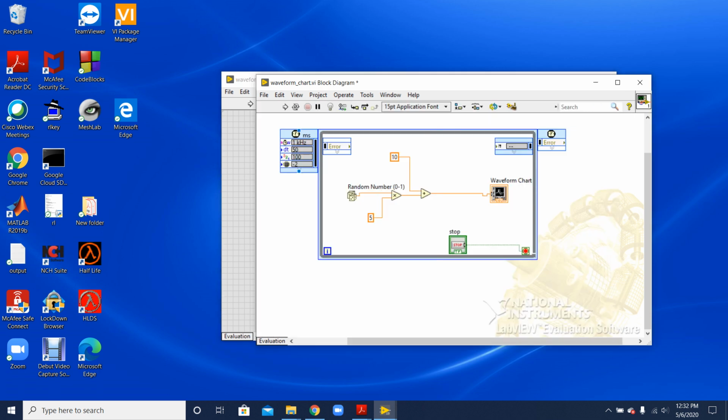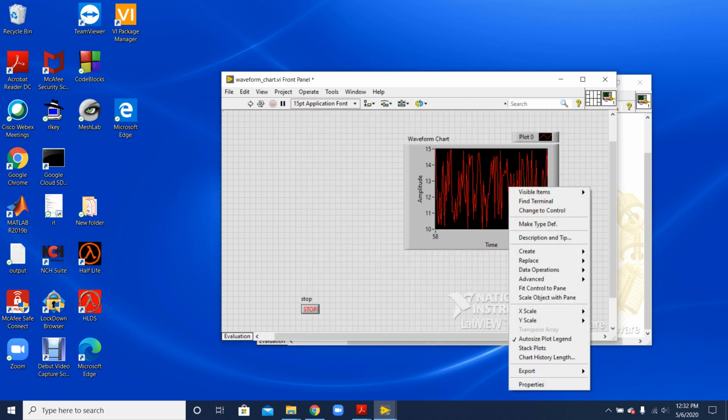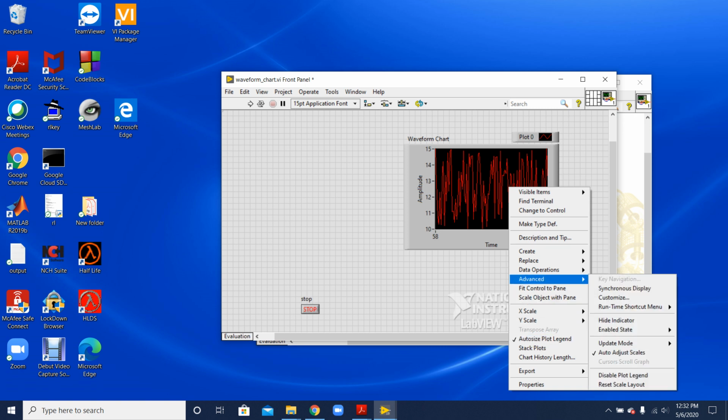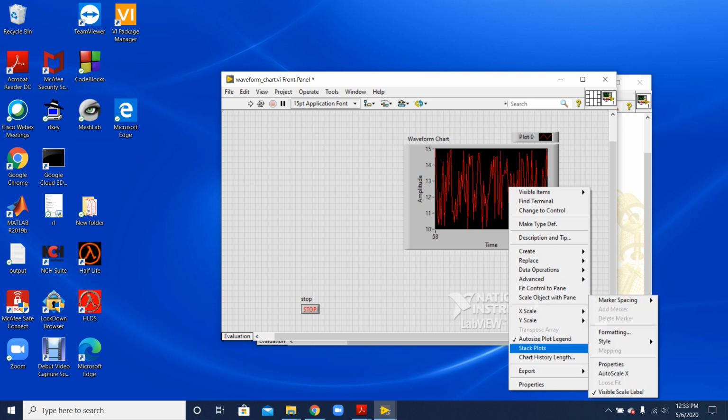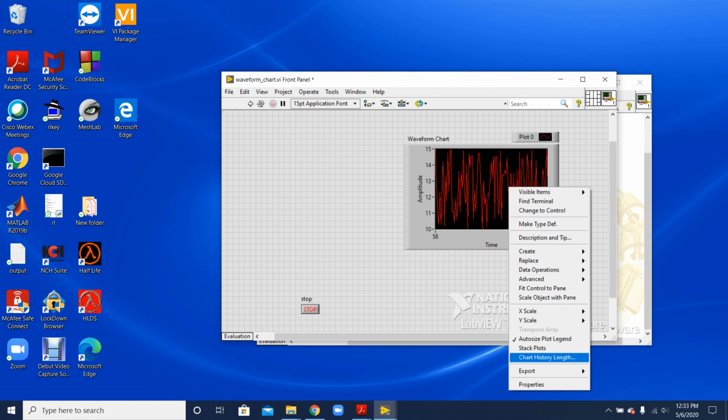It allows us to keep track of the ongoing trend, and we can also export the data to Excel or whatever we want, and observe the trend. If we are not able to do it while it is running, we can just export and save the data to plot it later on. And we can also change the length of history.